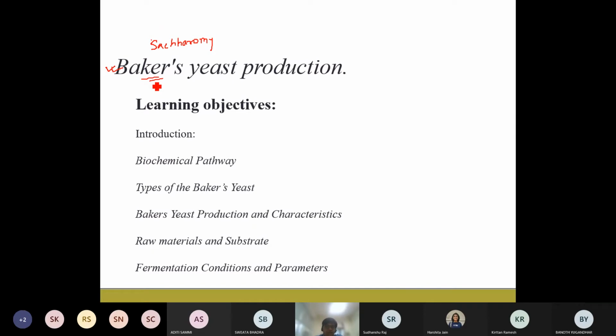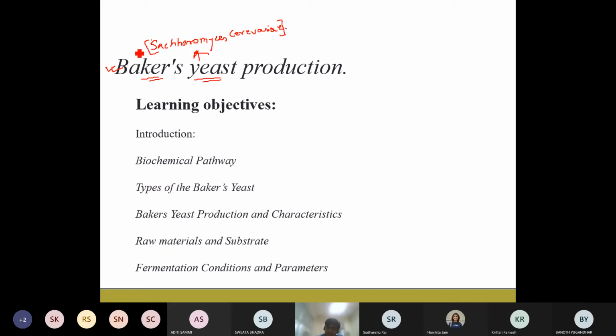Okay. So generally yeast is added when you are going to prepare, especially in the food industries involved in the production of breads, cakes and so on. So we need to add a certain type of yeast. That yeast is called baker's yeast because it is used mostly in bakery. But scientifically, it is nothing but Saccharomyces cerevisiae. This is the particular yeast that is the main component of baker's yeast.